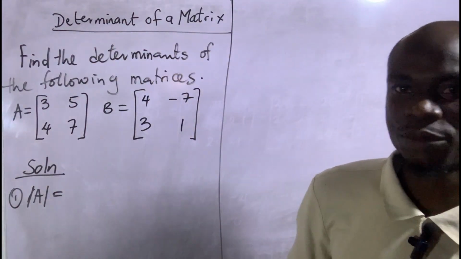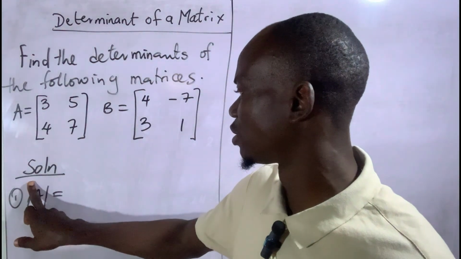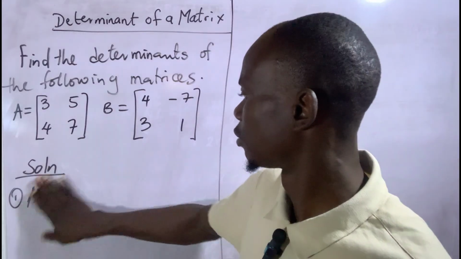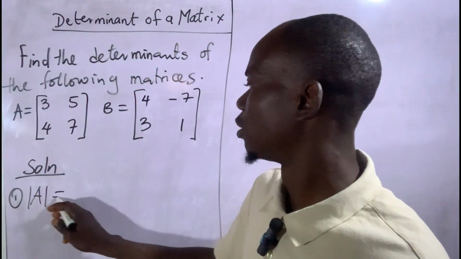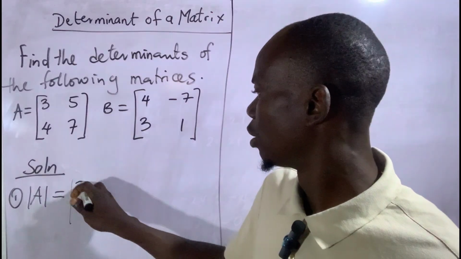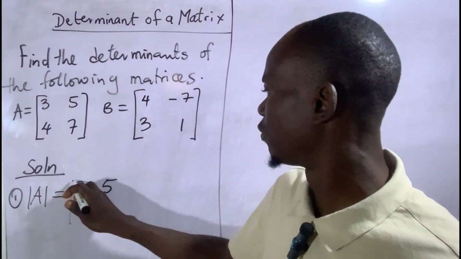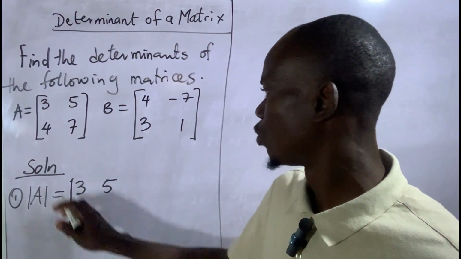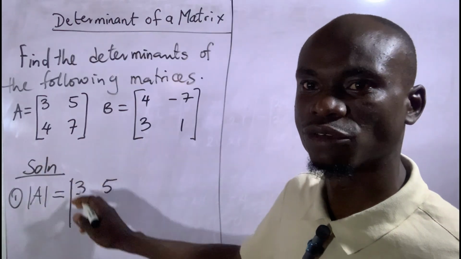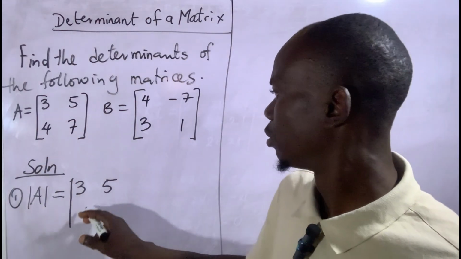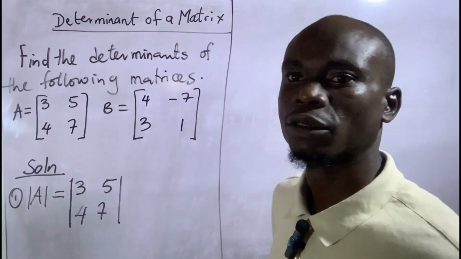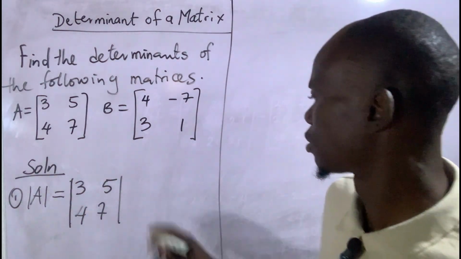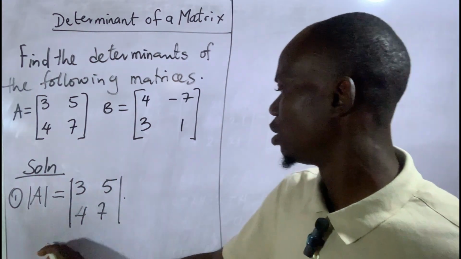So the determinant of A can be represented with straight lines, like this. A equal to 3, 5. This is matrix A now. We are not using a regular bracket. Instead, we are using a straight line. 3, 5, 4, 7. So this is how we represent it. So this will be equal to,